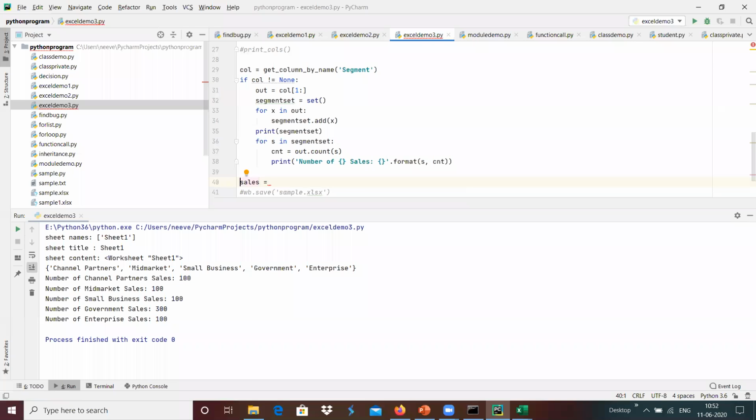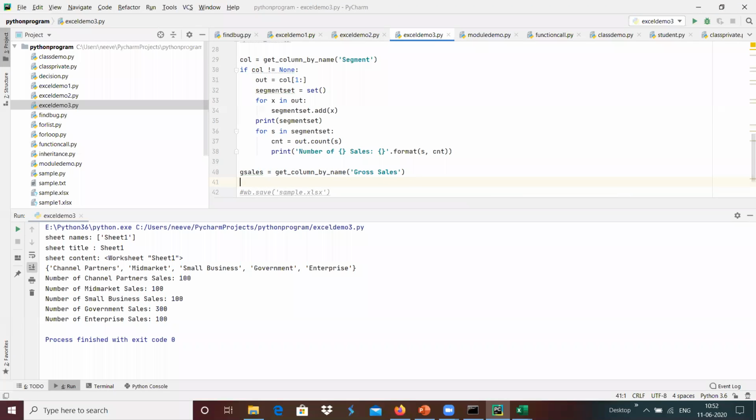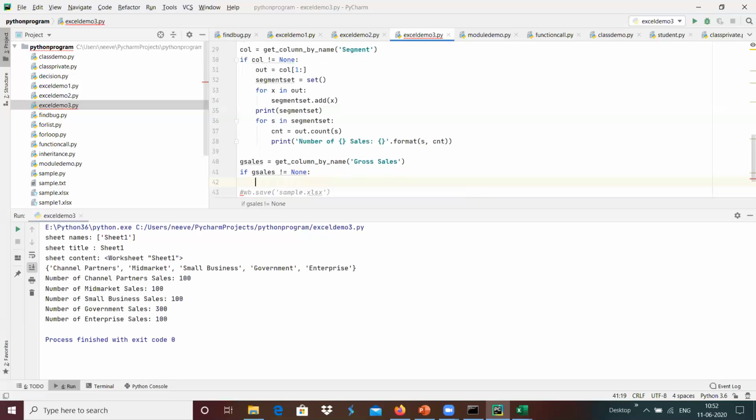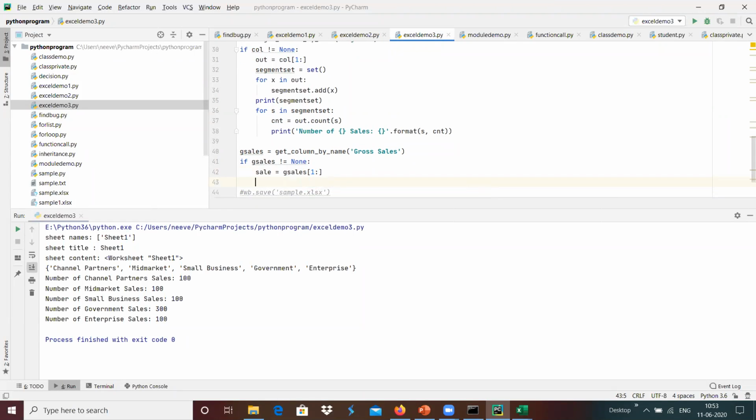I'm going to do G sales over here, get column by name, and the name is gross sales over here. And if G sales not equal to none, and maybe in a similar way we are going to get sale equals something like G sales of 1 colon, so that the 0th index element will be removed over here.